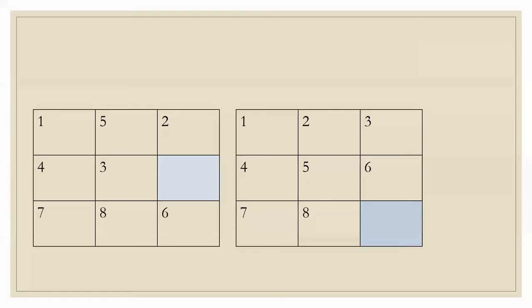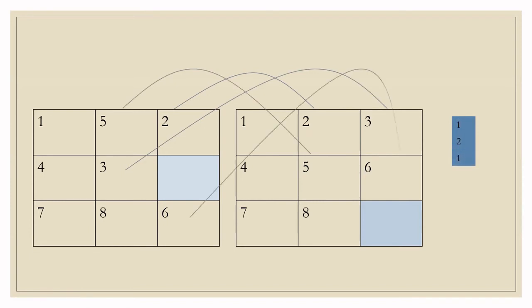So how are we going to determine the number of moves? Here you can see that tile 2 needs one movement to get into its correct position. To move 3 to the correct position, it needs 2 movements. 5 needs 1 movement and tile 6 needs just 1 movement. So for this position, the total number of moves needed is 5.